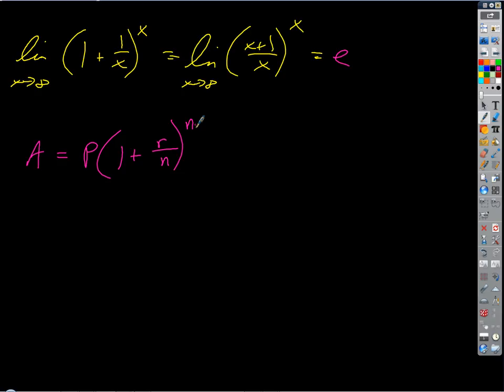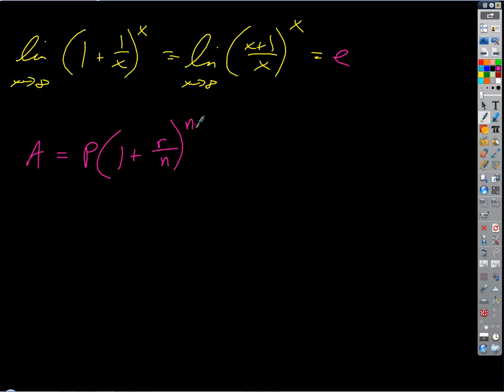You get the idea? Okay, so then what happens here, if we want to write this in terms of a continuous, what if we want to let the number of compoundings approach infinity, which is what we call continuously compounded interest, right? And that's how people do it. How could we do this? Well,